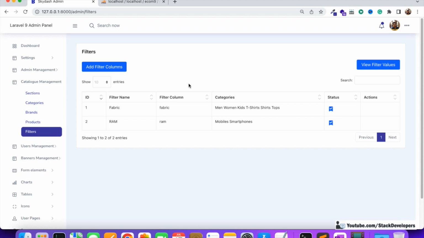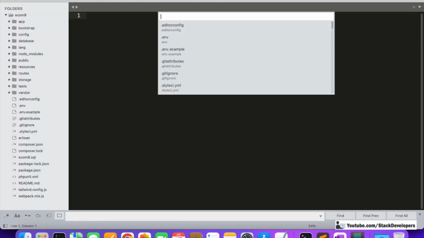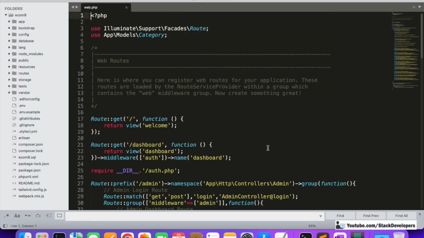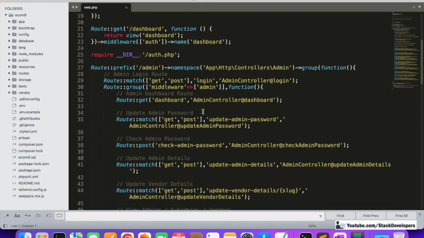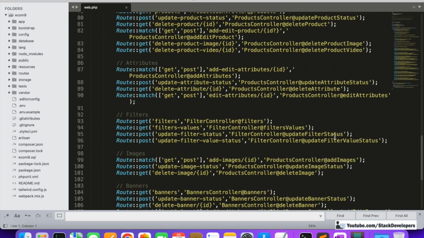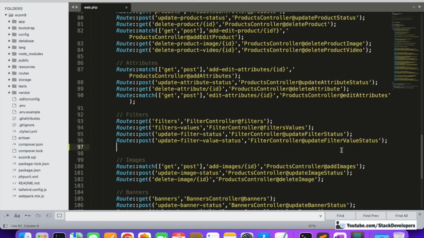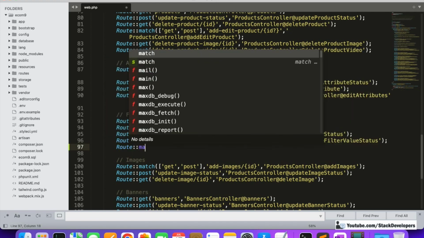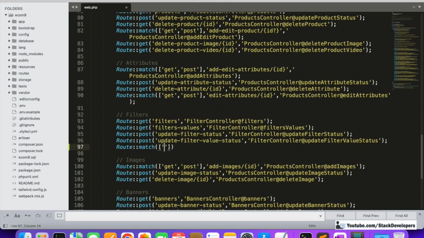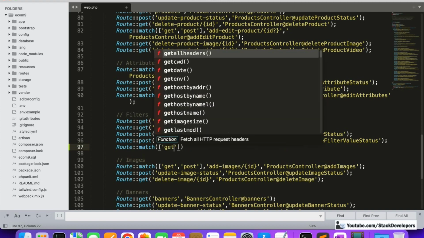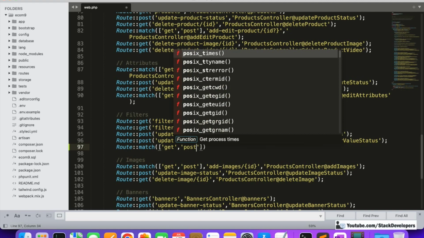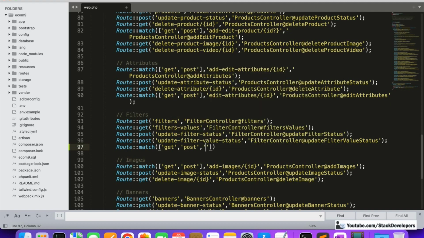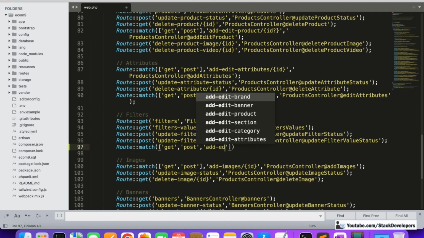So let's start. First of all, we are going to create its route in the web.php file. You will see we have already added some of the routes here. Now we are going to add the route for the addEditFilter column. We will add a get and post route, add-edit-filter,